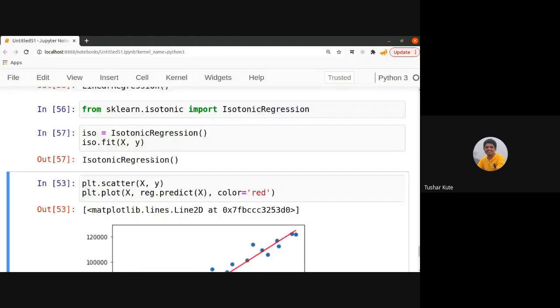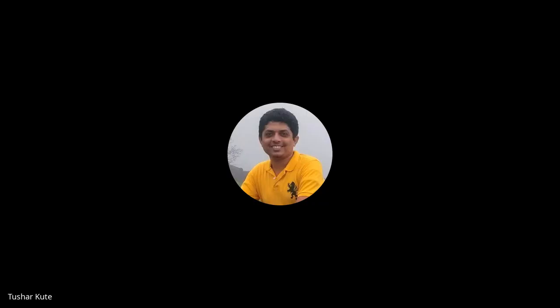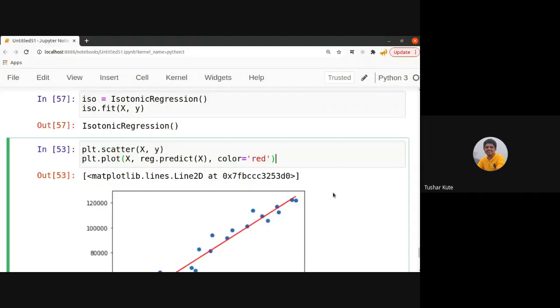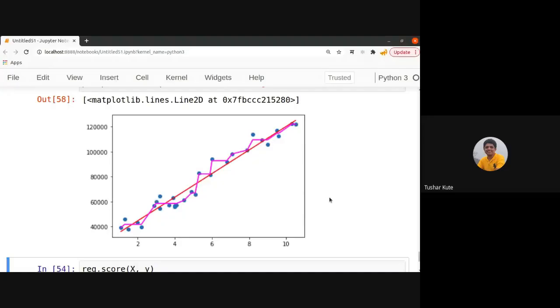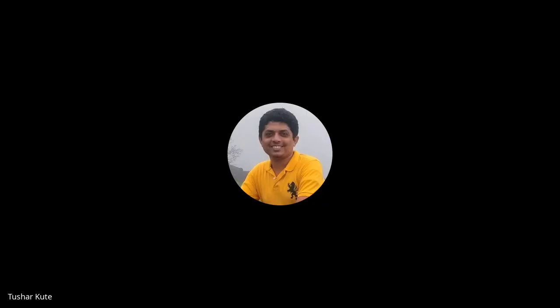Now let's see what isotonic regression has actually done. I'll compare that with the linear regression. So plot x against iso.predict(x), with the color magenta. See, isotonic regression is almost perfectly fitting the data.